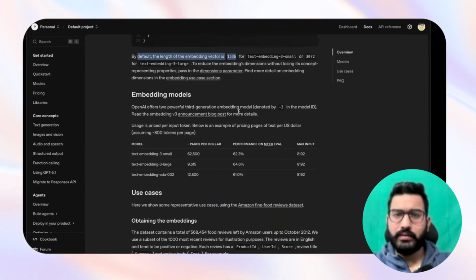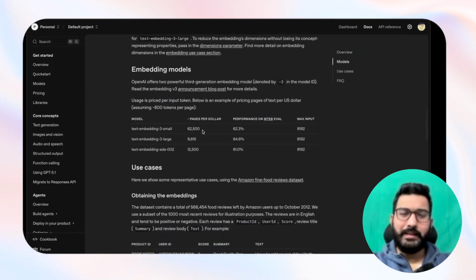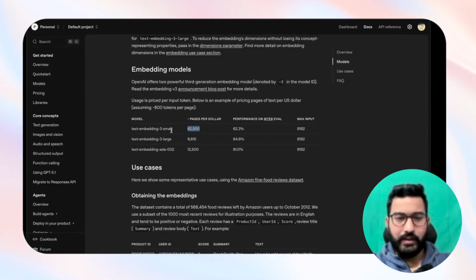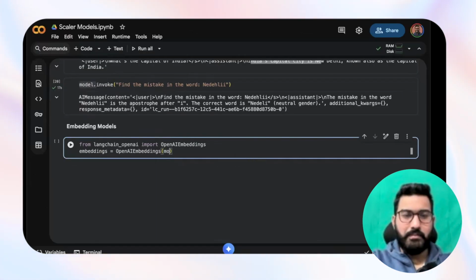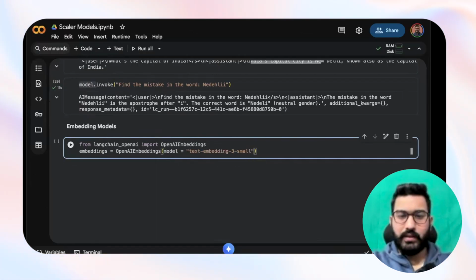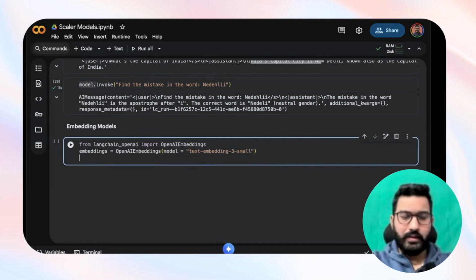I'll tell you about this. For the small one it is 1536, for the large one it is 3072. So you can see that the pricing is very small. I will use the small one as of now for demonstration purposes. I will copy it over here. Again, you have to mention model equal to this model, and then you say embeddings dot,